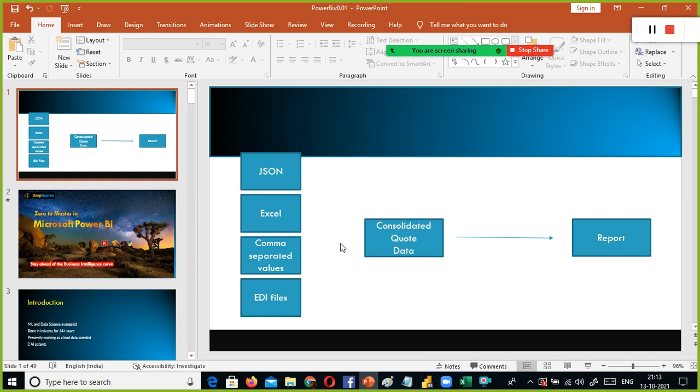So if the price is slightly more, but the delivery time is very critical, and those suppliers deliver much faster, even if the price is slightly different, we are okay with that. Those kinds of business logic you implement when you combine these four data sources, and then you store the data here. So this data will be consumed by your BI tool.